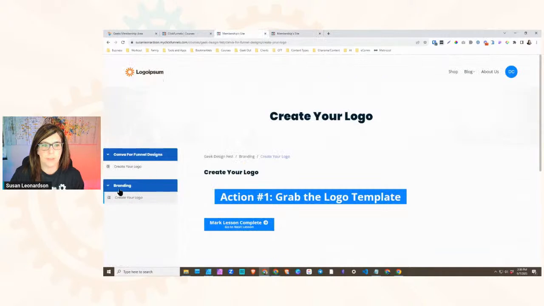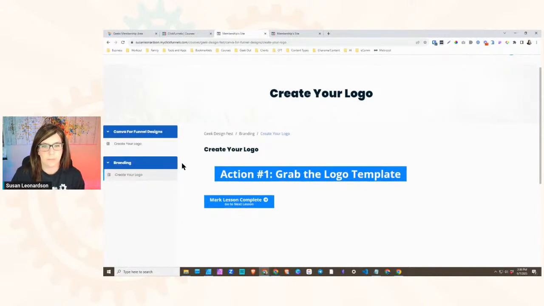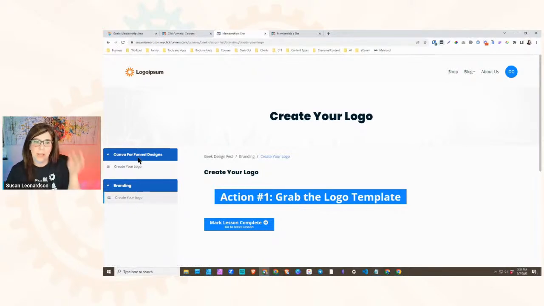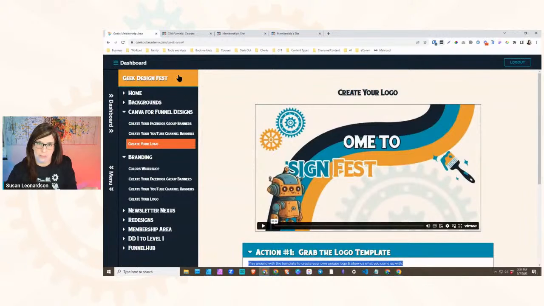Oh, I saw it pop up right there. It just takes a little bit for it to propagate. Okay, so now it's in, great. It's in the Canva for Funnel Designs. It's in the branding. Now the downside to it happening this way versus how we have it happening in Classic,